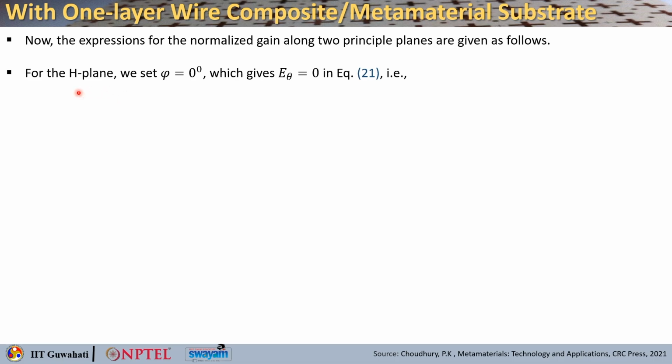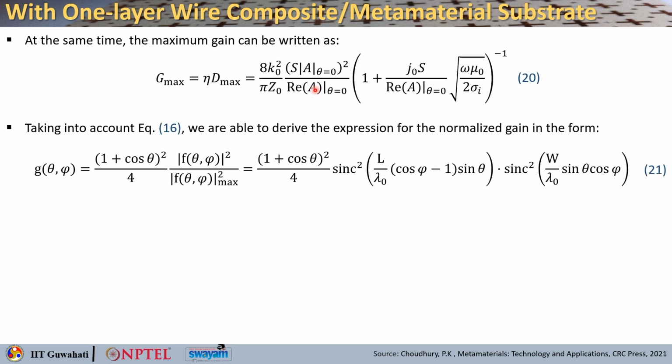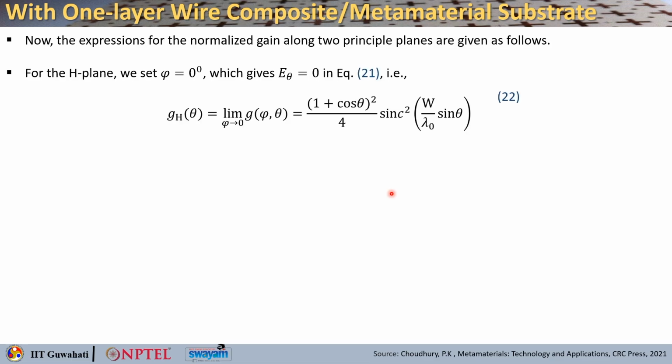So, if you consider the H plane, you can set phi equals 0. That will basically give you E theta equals 0 in equation 21, that is here, okay. So, for the H plane you can write G H of theta, because phi is 0 in this case. So, you are applying a limit of phi going to 0 on this particular expression that we have seen in equation 21, and this gives you 1 plus cos theta whole square